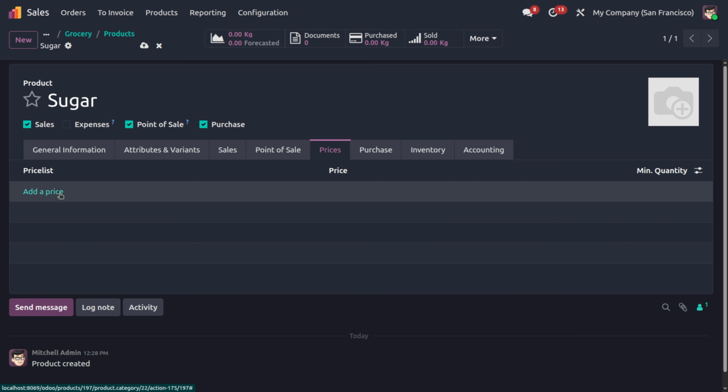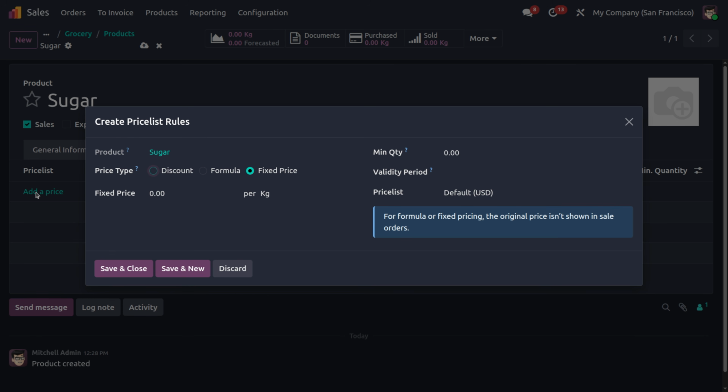Okay, and there we have the prices. Under the prices, you can simply add any kind of price list that is providing any kind of seasonal prices. I will show you. If I want to provide any kind of seasonal price, if this particular season is giving you any kind of winter offer or any kind of seasonal offers, I can simply provide. The product is selected by default. You can provide a price type. So here I'm going to provide it as a fixed price, and there we have the fixed price,